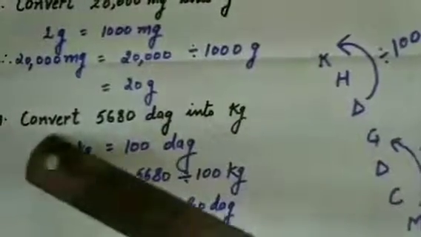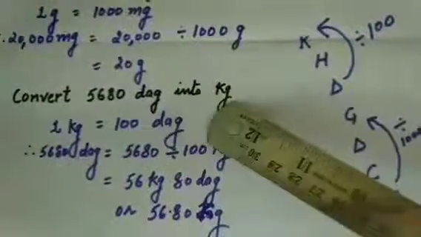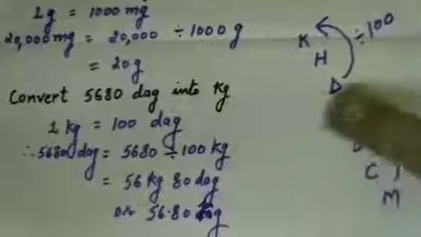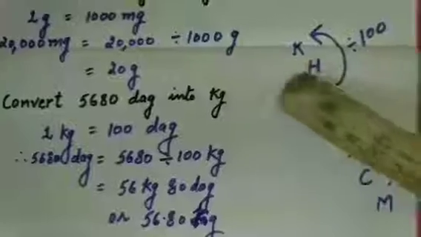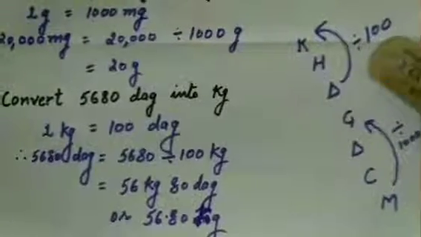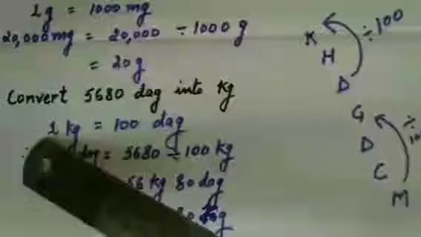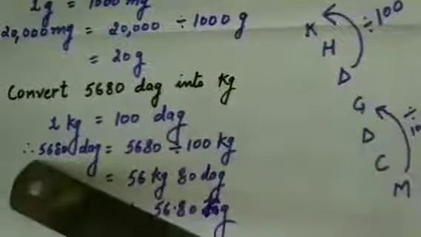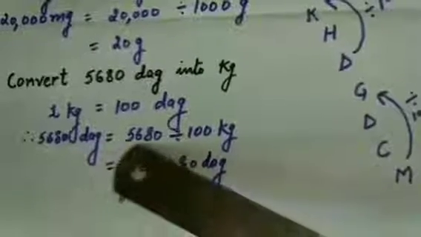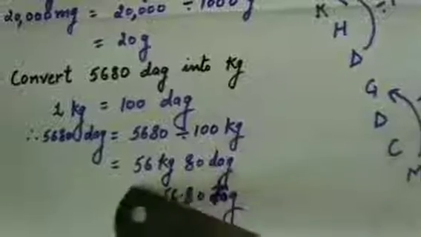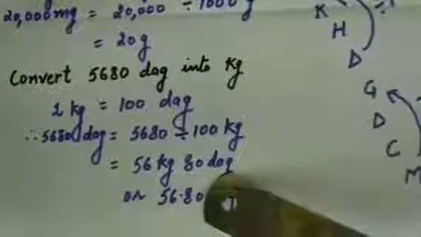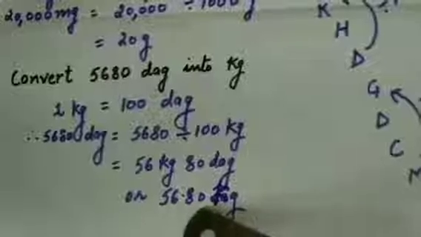Next question, convert 5,680 decagram into kilogram. Here we need to convert decagram into kilogram. So we are going 2 steps up. So we will divide by 100. Therefore we will write in the solution 1 kg is equal to 100 decagram. Therefore 5,680 decagram is equal to 5,680 divided by 100 kg, which is equal to 56 kg 80 decagram, or we can write 56.80